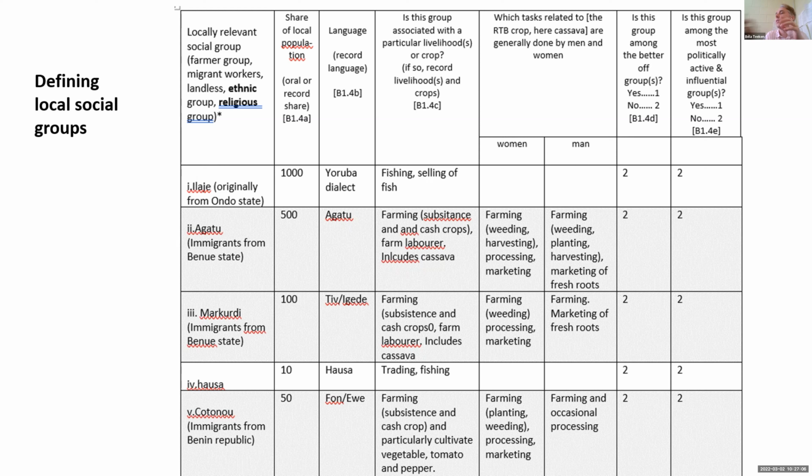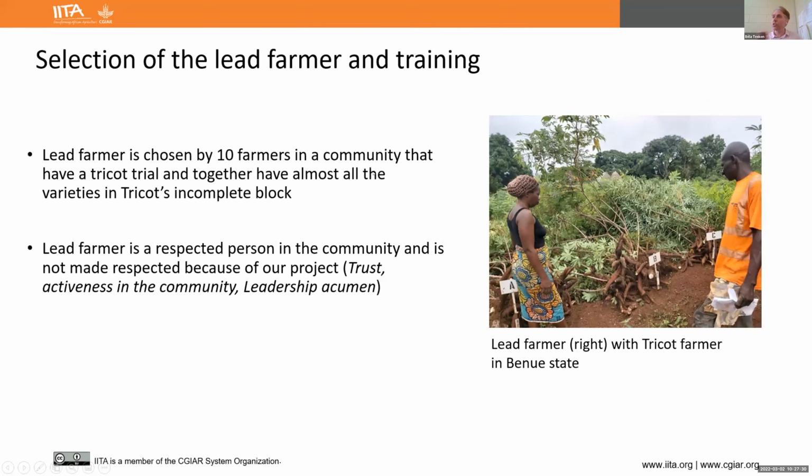In this case, you see that ethnicity is important, but it can also be that you have a farmer group which works differently than others. So this is based on a discussion with the people there to determine locally relevant social groups that distinguish people. So it's not just a standard demographic assessment.